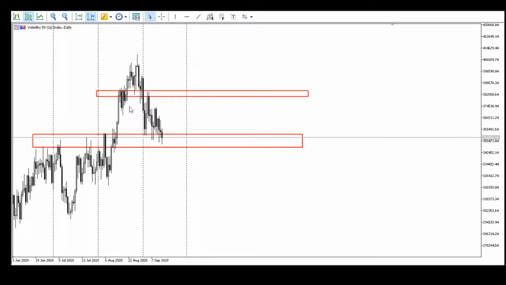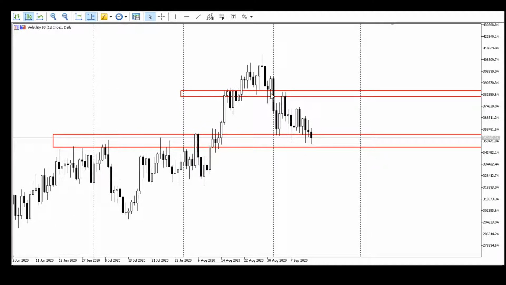So once they are coming up and they create this level, even here they create this level, then they break it, then they come back to test it. So once they come back to test it, they start. So remember, if you see a setup, let's say like here, we see this price action, the way the market is doing clearly at a daily time frame,